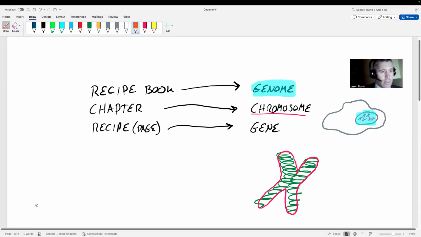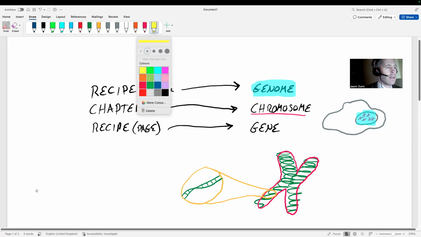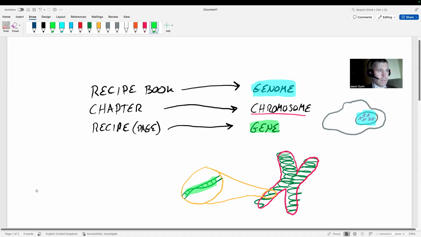So if I were to look at a particular stretch, let's say, that's not a good color, is it? If I were to do like that and sort of blow it up, we would see this sort of double helix, and that's our thread. Okay, so hopefully that makes sense. And indeed, we could pretend that that stretch is the stretch for whatever we want, growth hormone, let's say. So let's pretend that is the stretch for growth hormone, and there's our gene. Okay, so hopefully this is clear.